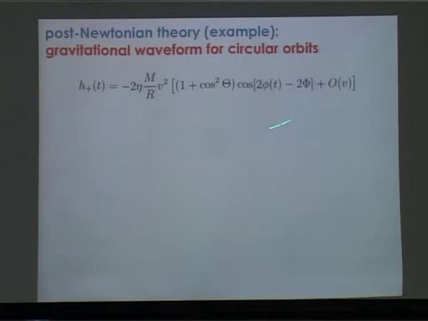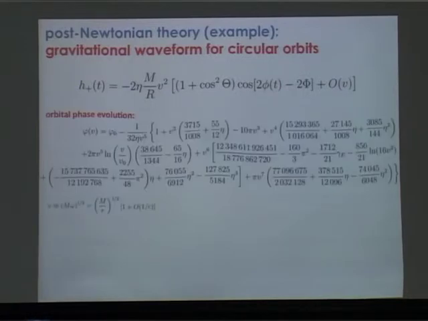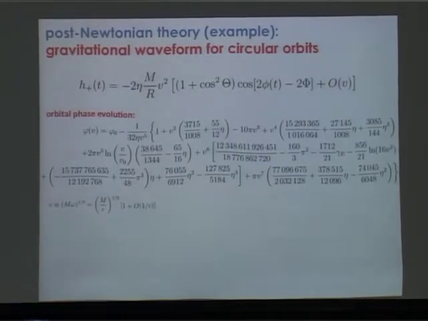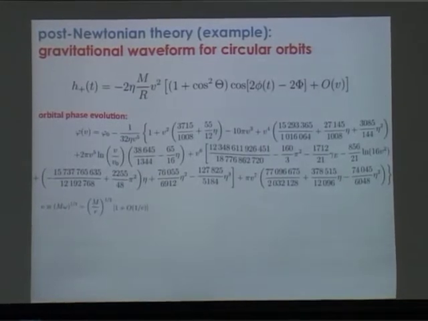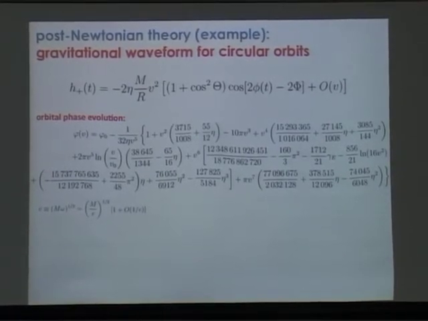And then you have the main piece, which is the phase evolution of your signal, okay? And the phase evolution is really the critical thing that we want to compute. And that also looks like some slightly less ugly mess. And this has been basically computed now to 3.5 post-Newtonian order. Okay, so when I say one post-Newtonian order, that means a power of v over c squared beyond the leading order result.